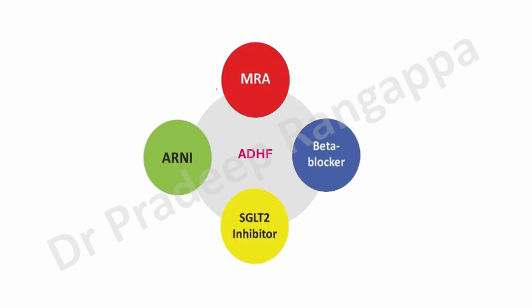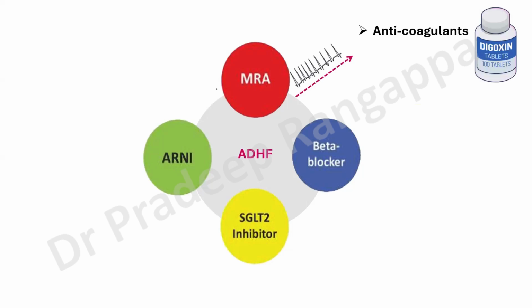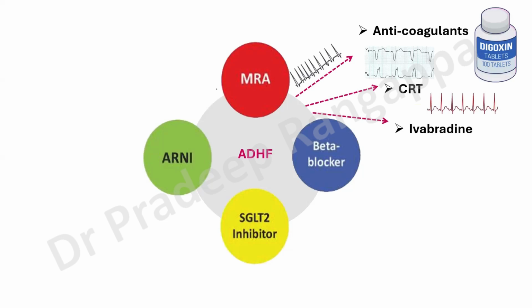Of course, you have to put it into the context of all the other problems the patient has. If the patient has atrial fibrillation along with this, then you may have to put the patient on anticoagulation, or digoxin also will be helpful in patients with heart failure presenting with reduced EF. Or you may have to think of cardiac resynchronization therapy when there is a rhythm disturbance, and ivabradine could be considered to lower the heart rate. So in the setting of other additional problems, you may have to consider these drugs.